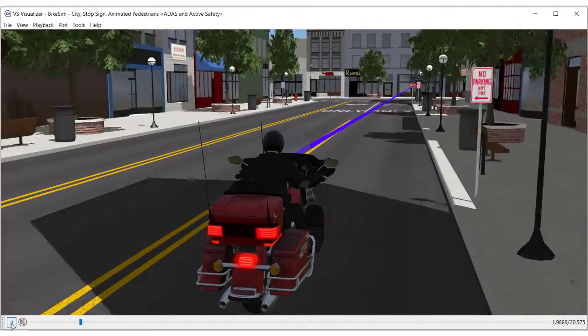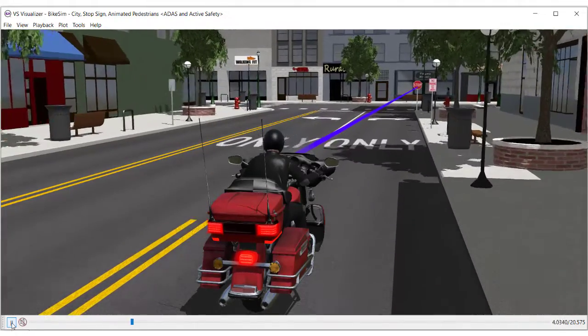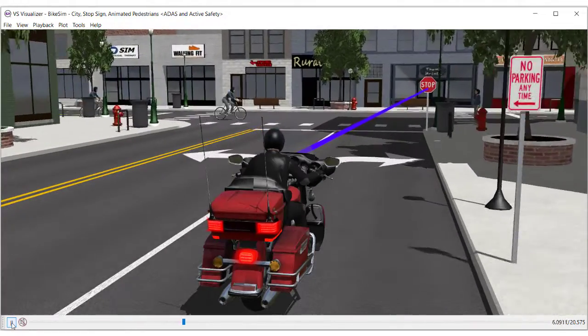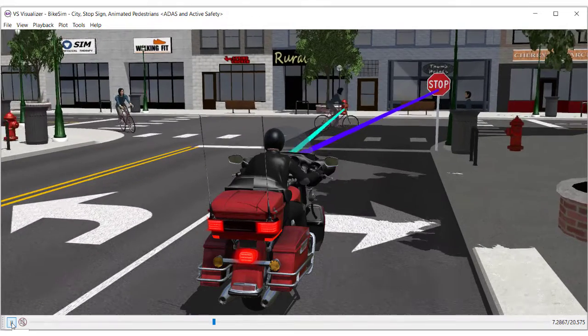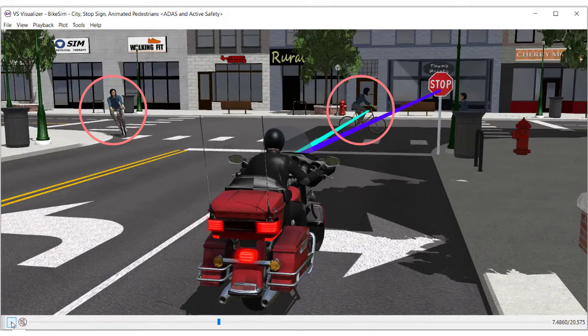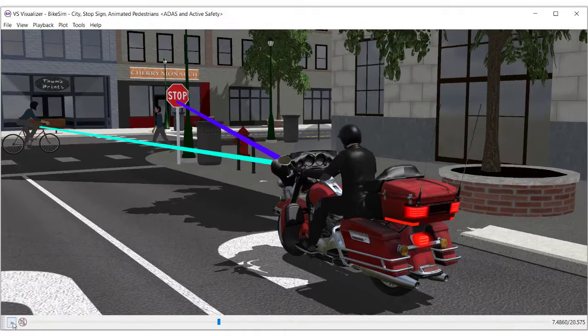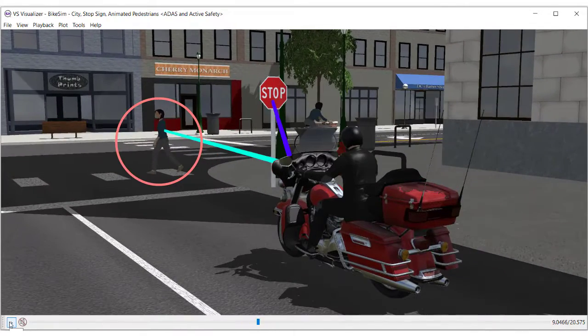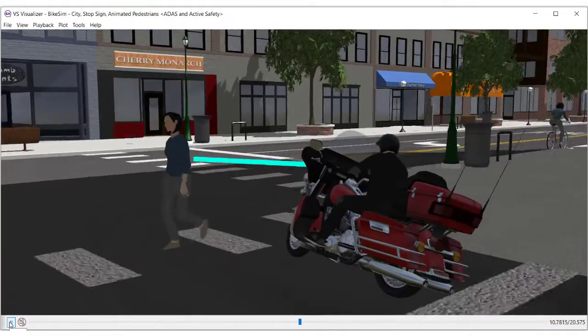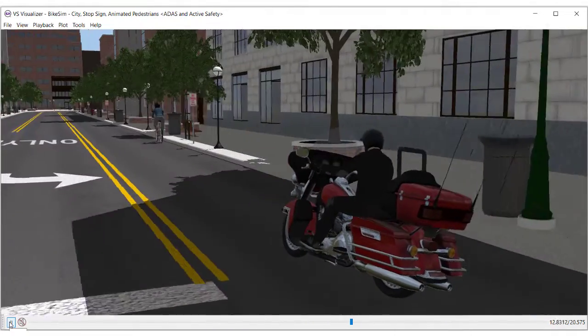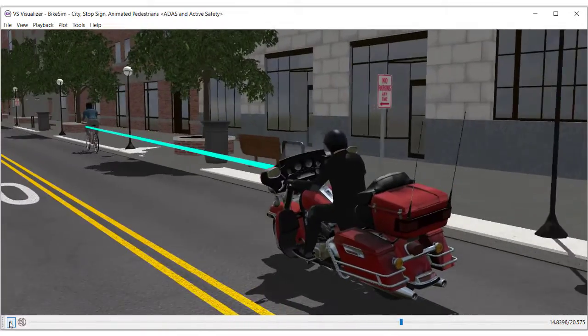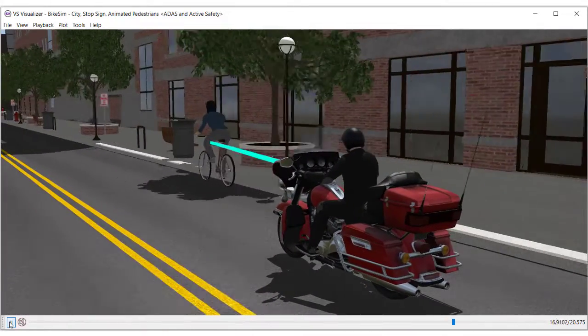As you can see, the sensor on the bike detects the stop sign and reduces the speed. Then, two bicycles appear. One is crossing in front and is detected by the sensor, and the other turns with a lean angle. Then a pedestrian walks across the road and she is also detected by the sensor. After passing the pedestrian, the bike turns at the intersection and the sensor detects the bicycle again.